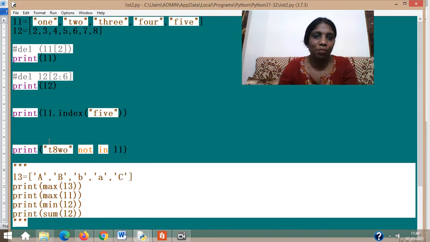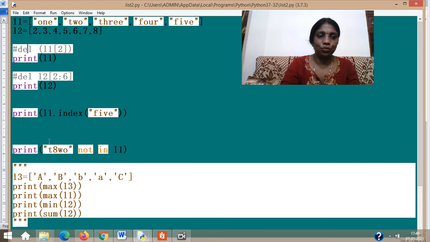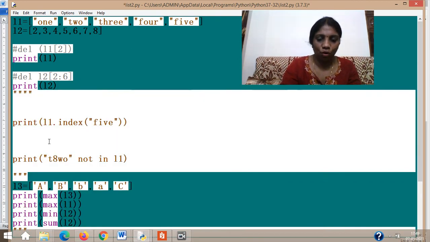So the in and not in membership operators can be used with a list, without having a loop also. That way you can give true or false only, because it is checking whether it exists or not. Now comes your original function which I was going to show you. Let's just comment these two and move on.